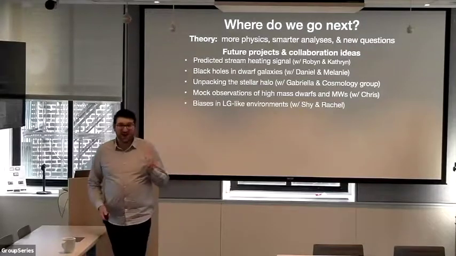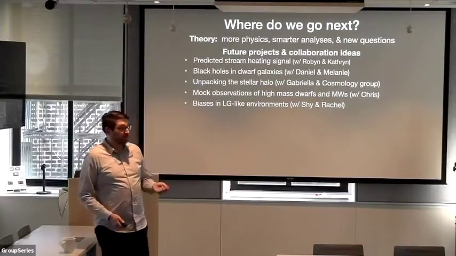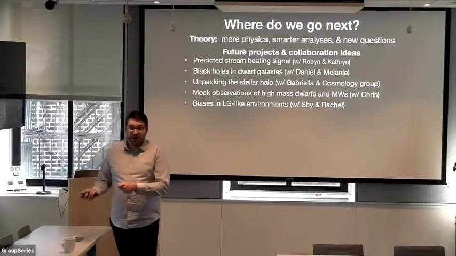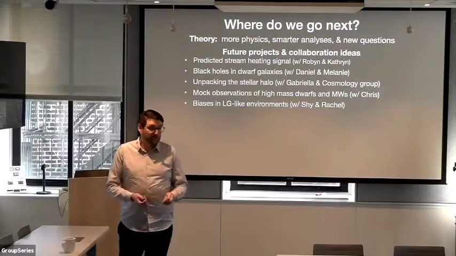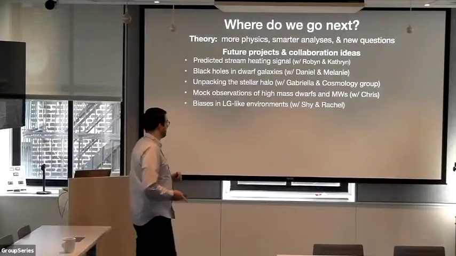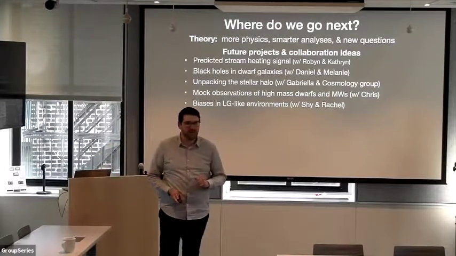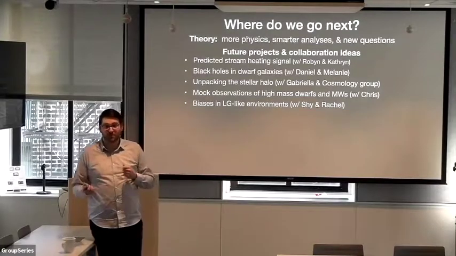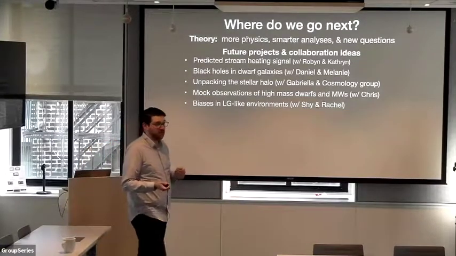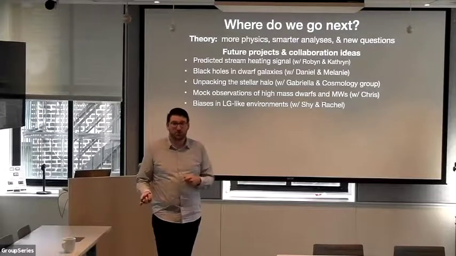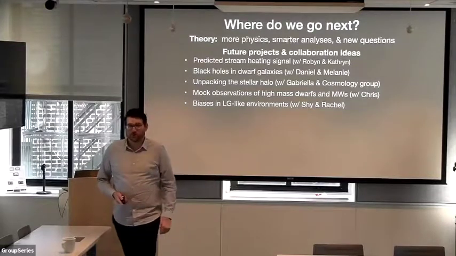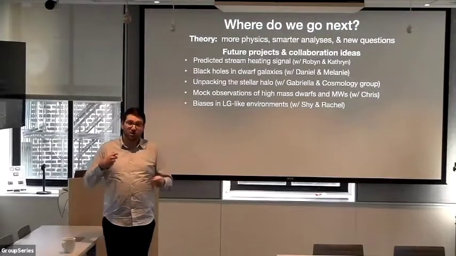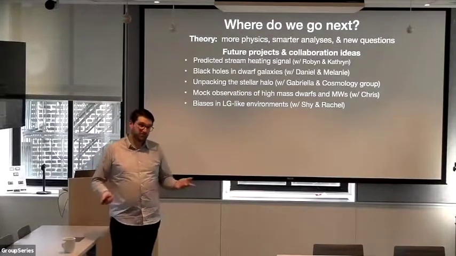I'm also interested in diving into whether there are biases in the local group environment. So these could be biases in the satellites or the centrals, the dwarf centrals. I have a paper in prep that's looking at that, and I'm happy to talk about it with anyone offline. But it could also be biases in the actual Milky Way and Andromeda themselves. So this might involve looking at larger simulations like Illustris or doing some semi-analytic modeling of the Milky Way and Andromeda to see whether there's merger shielding or how strongly they spin up one another or don't spin up one